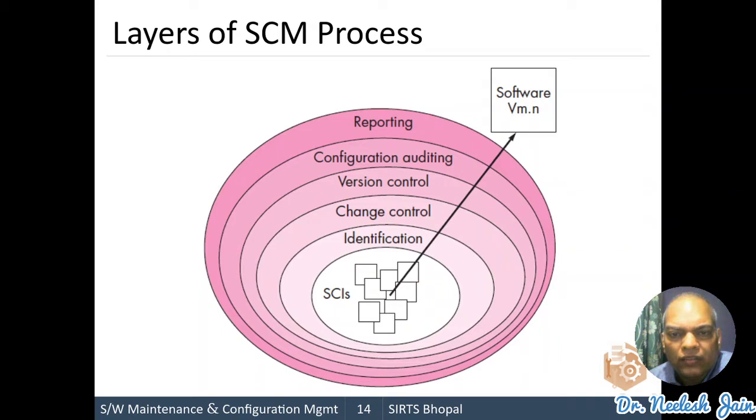Second is how does the organization manage many existing versions of the program, or we can say the documentation. Also, the question arises that how does the organization control changes before and after the software is released to the customer. Also, the question arises that who is responsible for approving all the changes? Who is maintaining the record of all the changes?